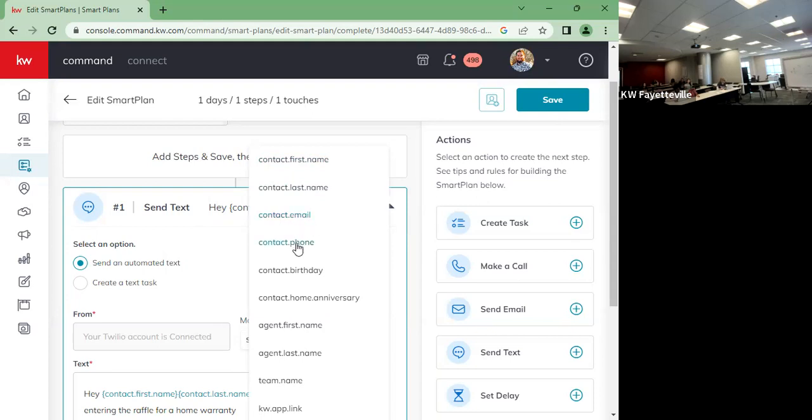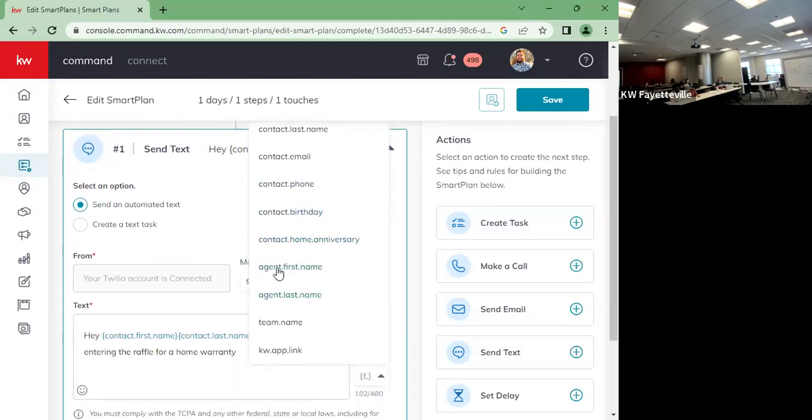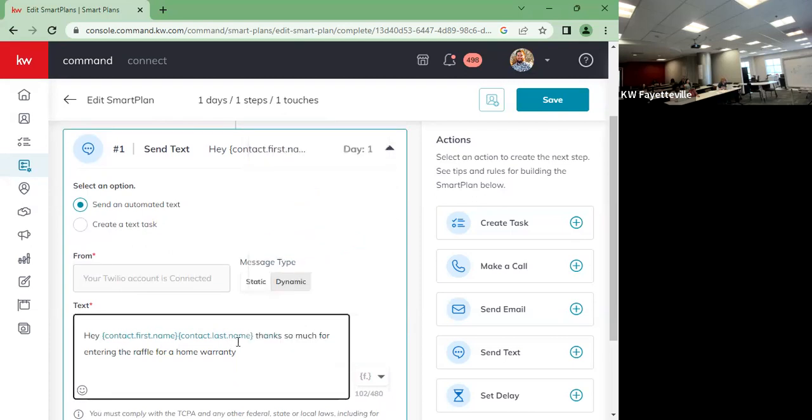We hit contact.phone, it'll put their phone number in. Birthday, it'll put their birthday in. So let's say we're setting a task to say happy birthday to somebody on this date. We would use contact.birthday to do so. Same thing with home anniversary. So, hey, Billy Bob, this is